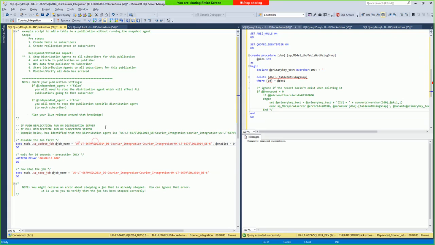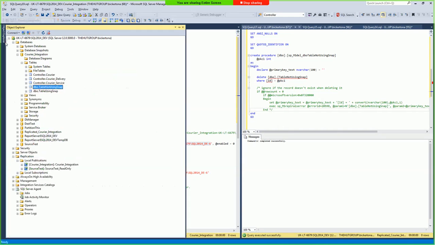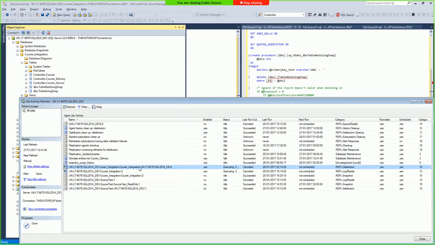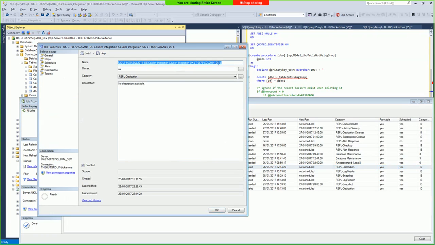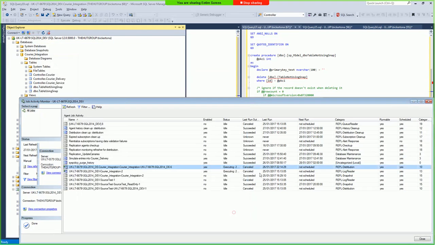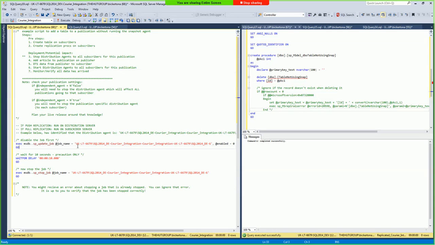Now, the publisher runs as a job, as I showed you before. So if I go back onto the jobs, we can see here the job, it's a rebel distribution, and that's the job name. So all I'm doing is grabbing that string and putting it in here, and I'm updating the job